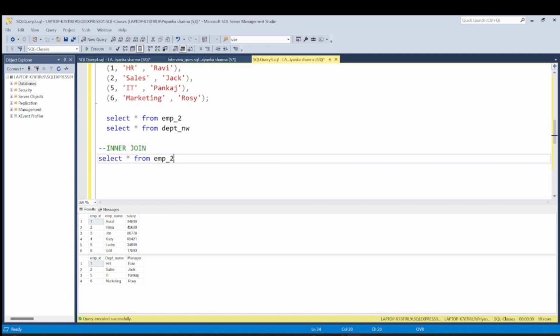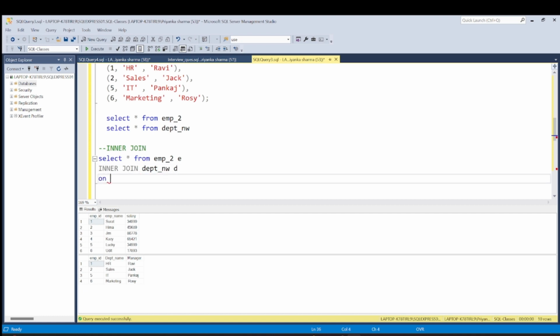I'm selecting all the columns, and then I'll give it an alias, the substitute name E. Then I will perform the join, that is inner join, with the department table, let's call it D, on